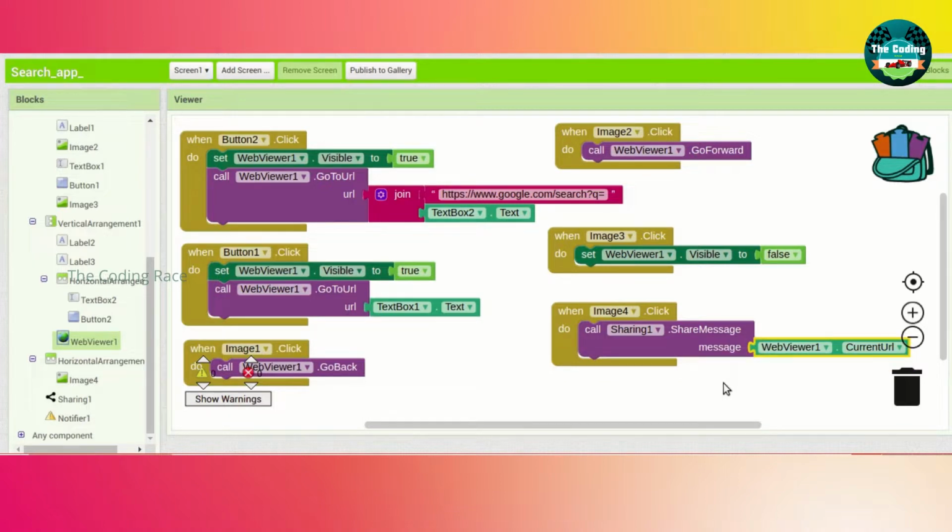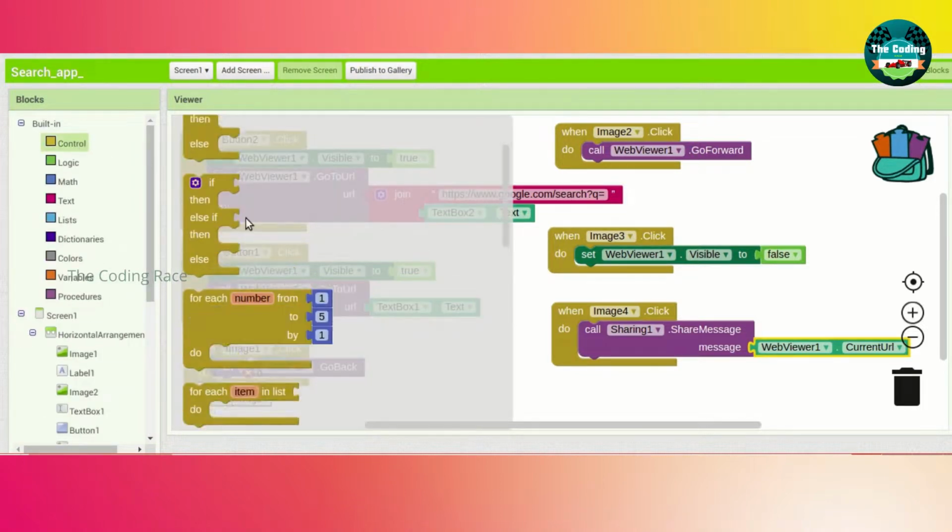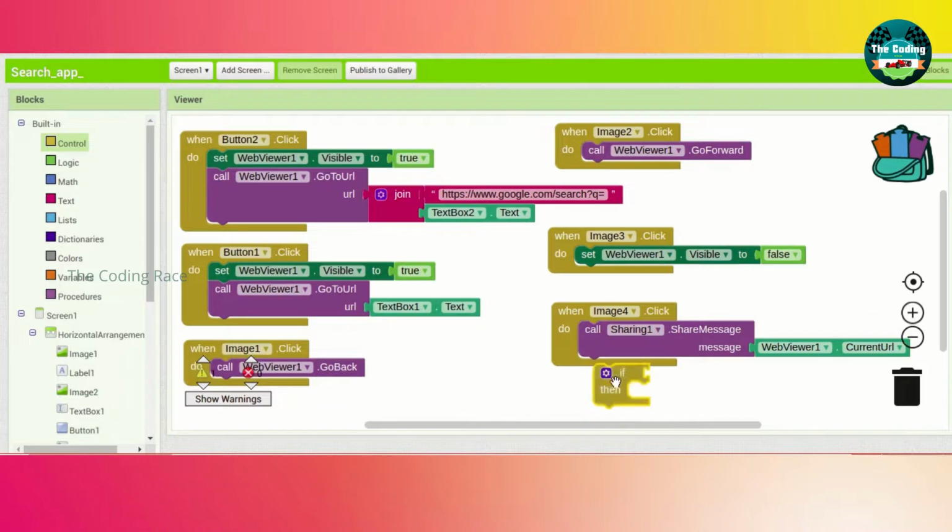Go to web viewer, and you can see one web viewer dot current URL. Drag and drop it to the message slot.